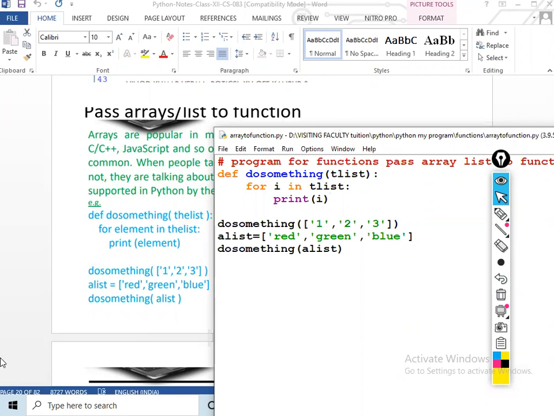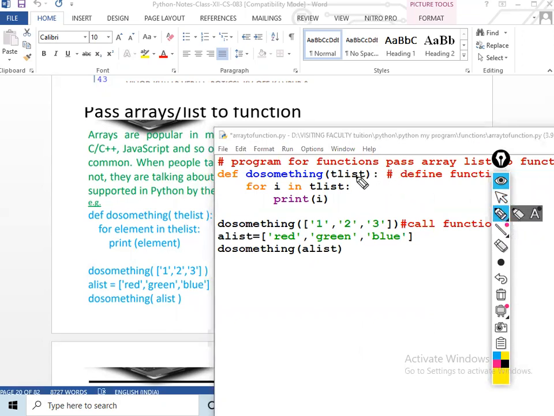Now, how to pass it? Here we have the call function, and here we have the defined function. This is called definition. Definition means we have to create the program.